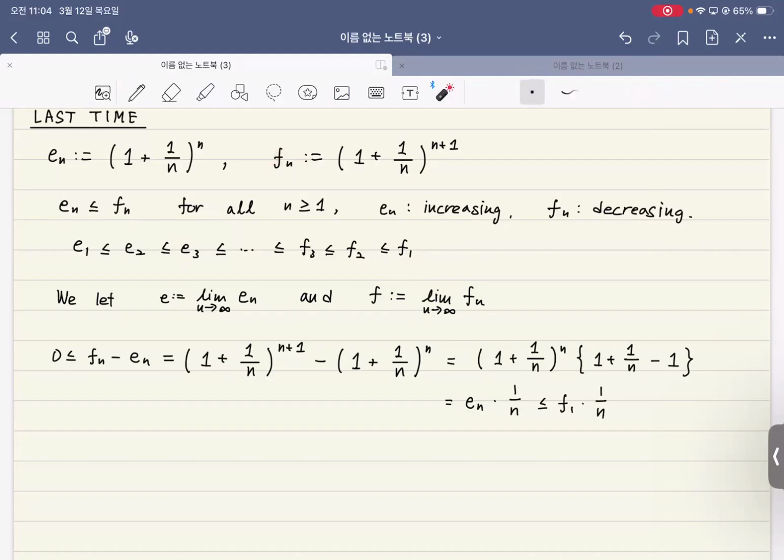If I plug in n equals 1, then this is 1 plus 1 over 1, to the second power, so it is 4 over n. So Fn minus En is greater than 0 and less than some constant multiple of 1 over n. So by the squeeze theorem,